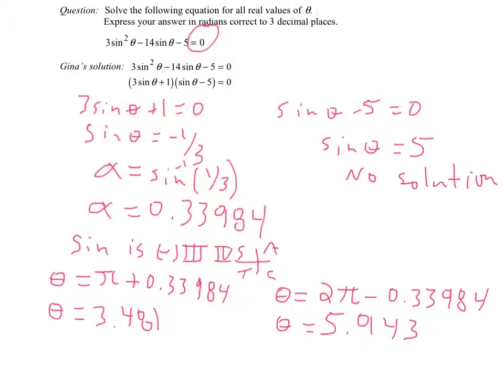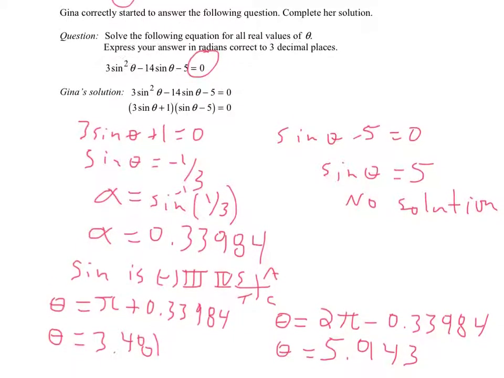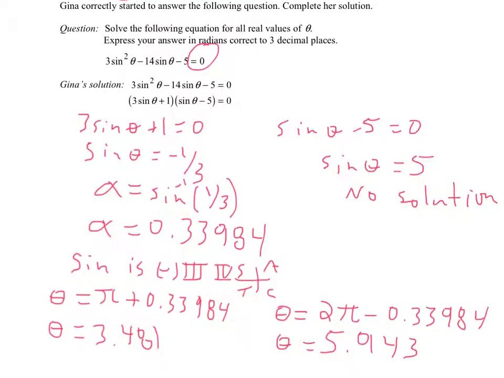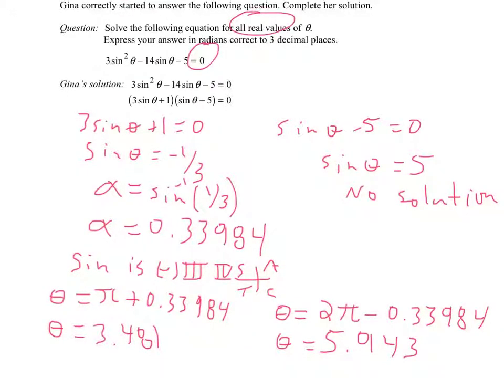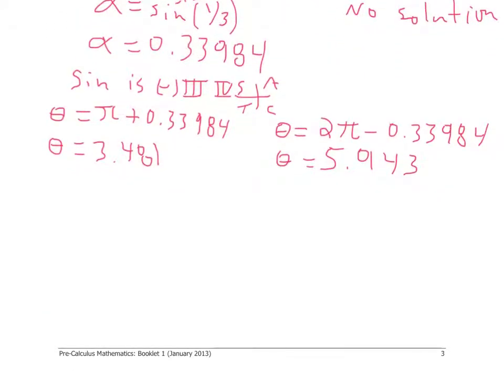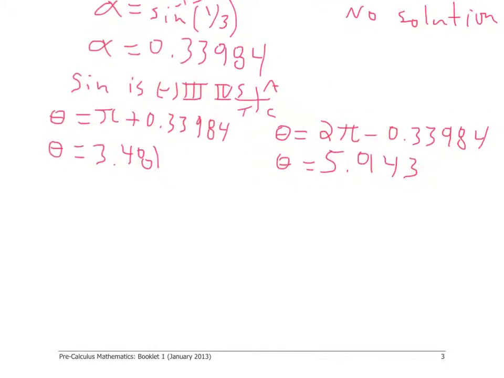Let's read the question one more time. Solve the following for all real values. Okay, so they want all real values. That's a fancy way of saying general solution. So when I state the general solution, I want to add multiples of my period. My period for sine is 2 pi. So here's how I'm going to write my solution. My final answer, my general solution, sorry, is